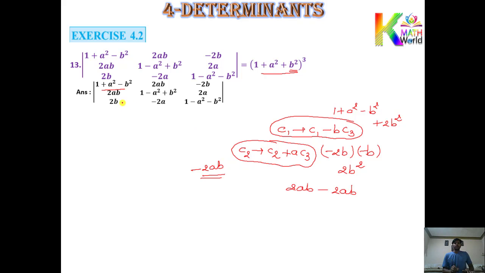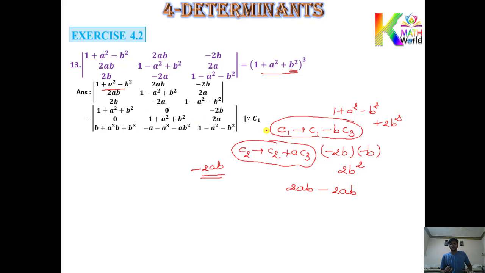Or another way, if you want to perform a row operation, then you can multiply the last row by b. Then you get 2b square, and that gets added here, giving 1 plus a square plus b square. And if you want to set 0 here, just multiply this by minus a and add it into this one. So you can perform either a row operation or a column operation, whatever you like. I am going to rub this whole thing, and we will discuss how you get these entries. Here we perform a column operation.